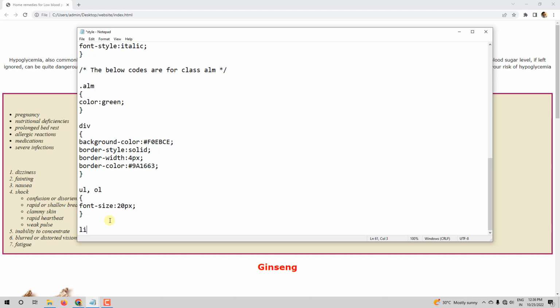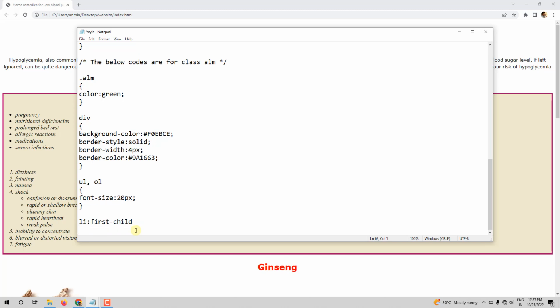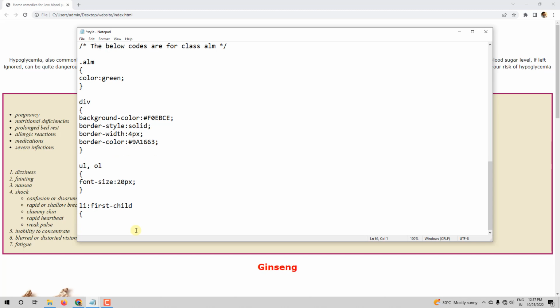And then we have to use colon and we will be using first child pseudo class. Alright, first child. So li because we are trying to style list element selector, and then we need to use colon, and then this is our pseudo class. I'll tell you what this does later. Alright, so first child is done, and then I'll open the bracket and close the bracket, and here I'll say color